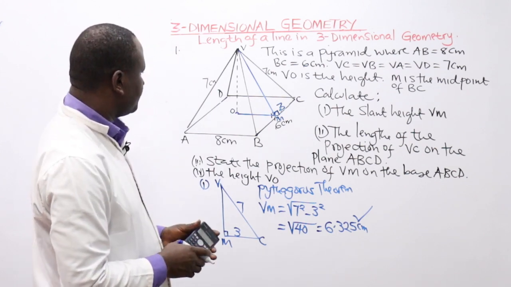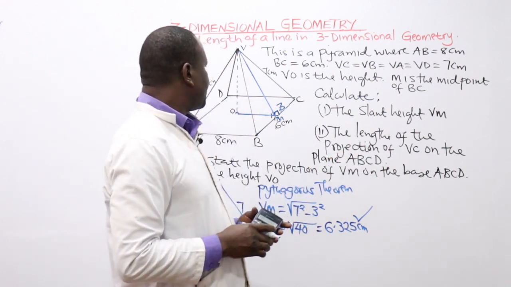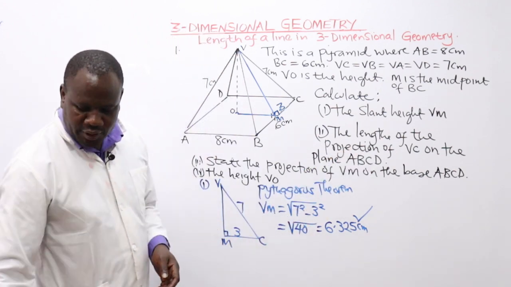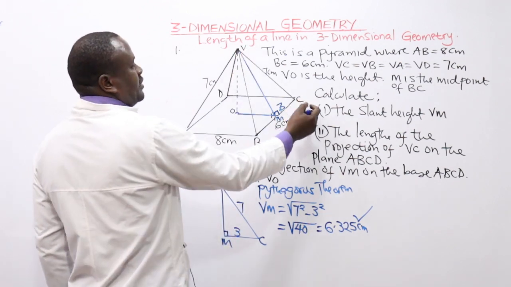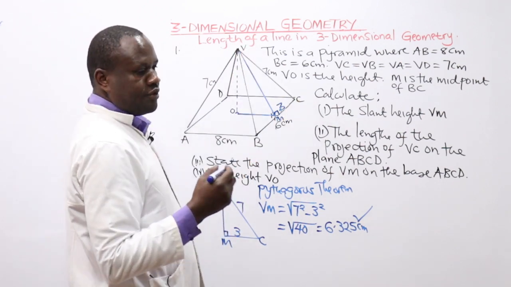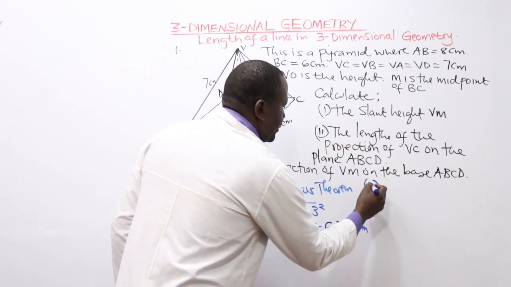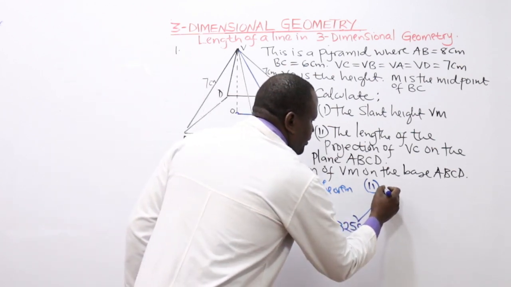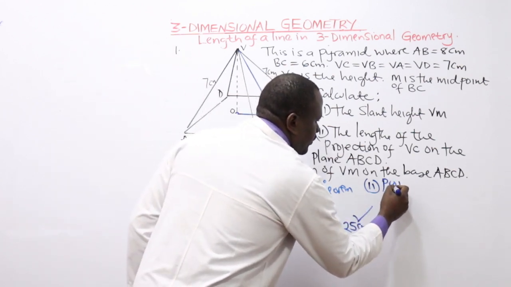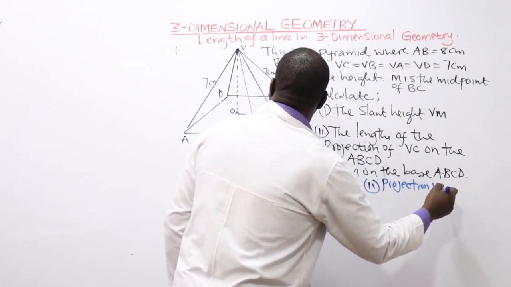Part 2. The length of the projection of VC. Now, we go back to the projection. The projection of VC, first we have to know the projection. What is the projection? It is OC. Projection is OC